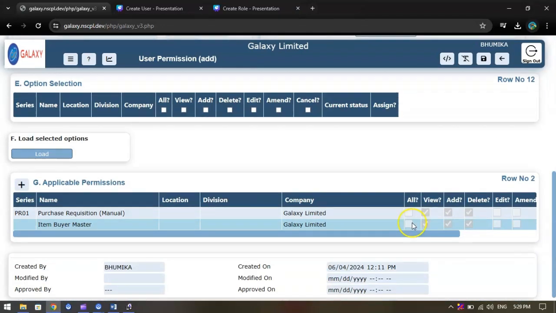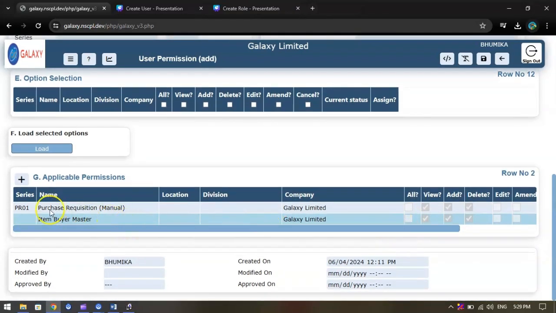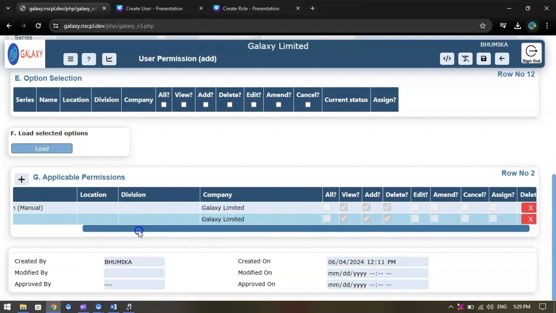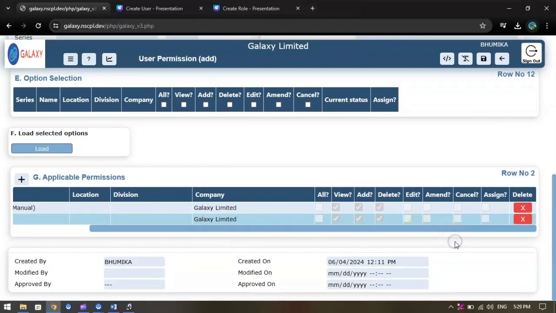Alternatively, you can also directly assign permissions already given to a role or user earlier by selecting the source user or role and clicking on the Copy button. Grant the entered permissions to the role finally by clicking on the Load button.